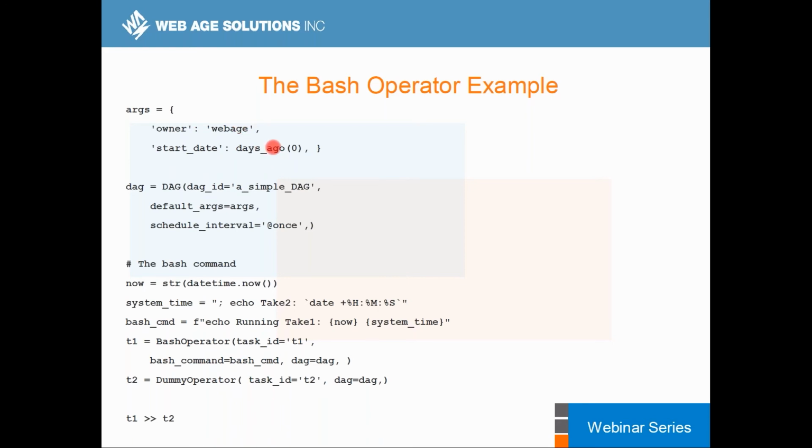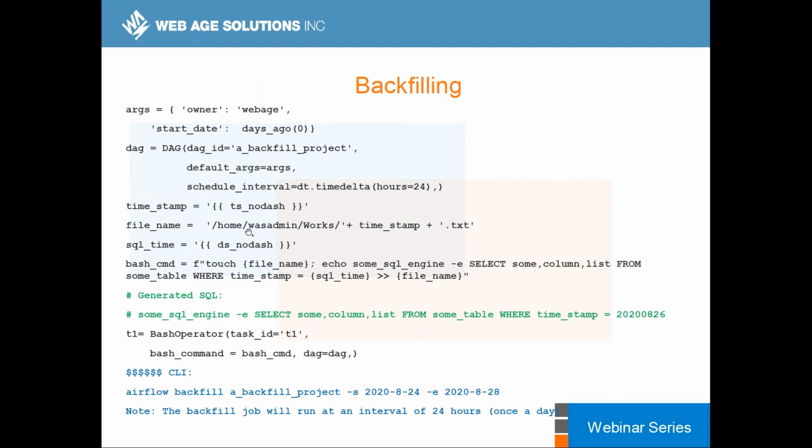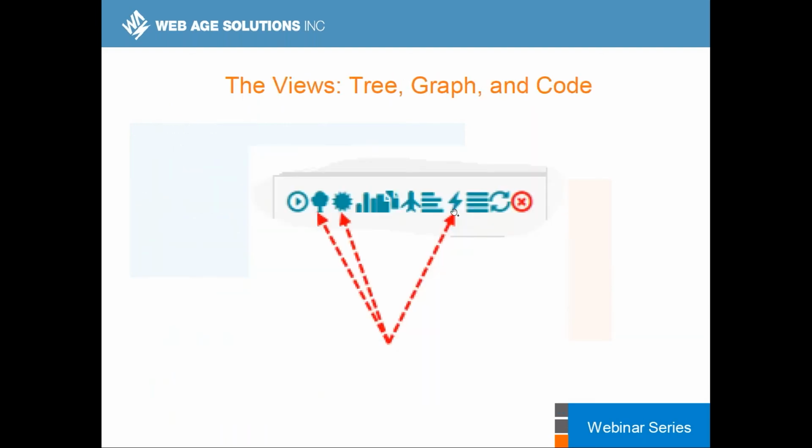So days ago is just a function which essentially says, don't go back. We don't want to execute jobs from the past. That's something that you would probably be tripped over again and again. So there are solutions that we offer in the class. So we read the default parameters and we say we want this thing to be executed just once. Once, meaning that when you click on this and trigger the DAG, it would run once